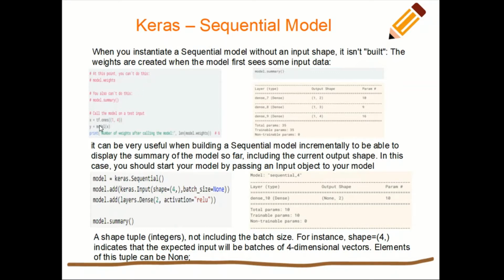Only when the input is created and passed to the model are the weights created. Before that, if we try model.weights or try to get the summary of the model, that is not going to work.